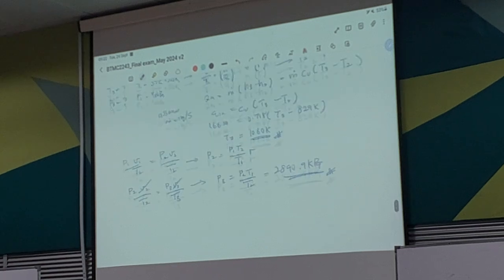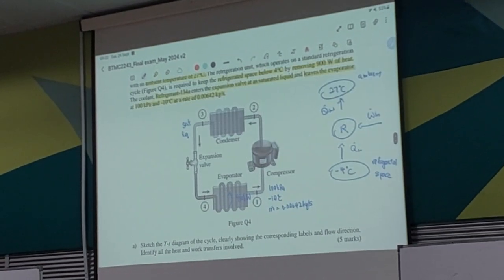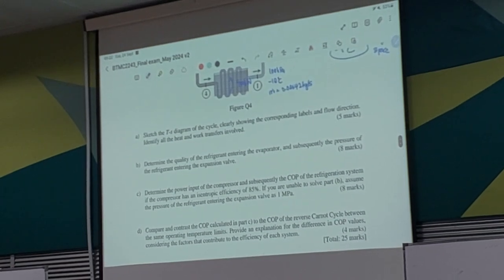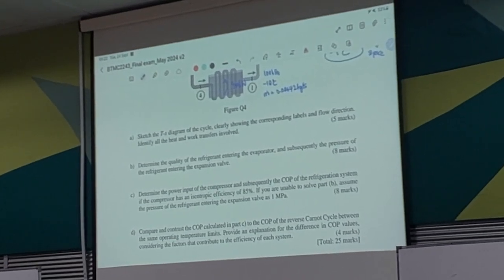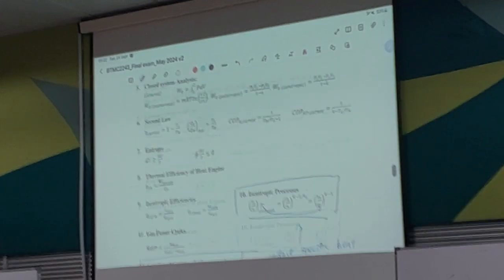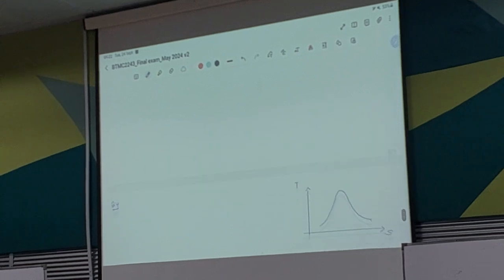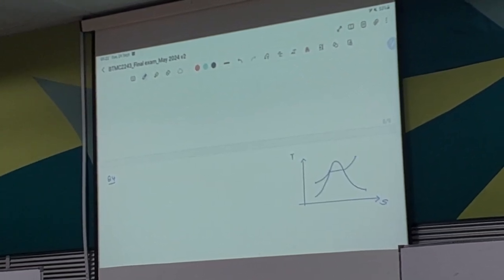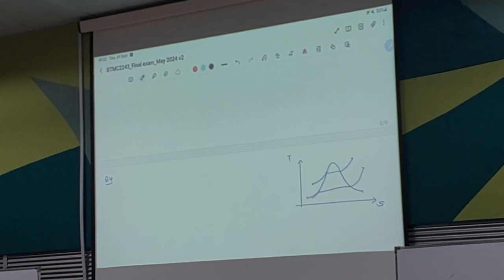At this point, do we have enough information to determine whether this is an actual cycle? If you read until C, then you will see that this is an actual cycle because there is an isentropic efficiency given to you. Otherwise you probably wouldn't notice that, but of course you should at least draw an ideal one. But now let's see. If you draw an actual one, based on the information that is given to you,